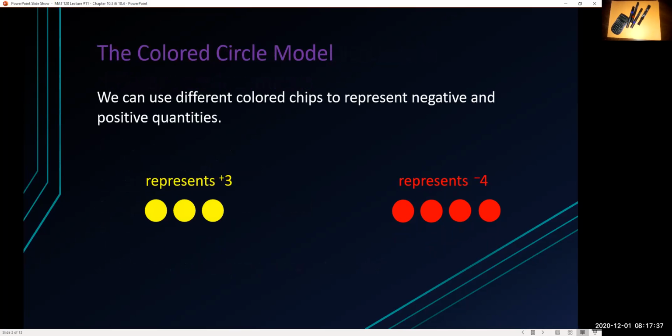Now, in the same conversation we're having here, let's discuss that you can do this with blocks that have letters and blocks that have numbers. You could do this with Play-Doh that's purple and Play-Doh that's white. You could do this with yellow markers and red markers. You could do this with crayons. You could do this with candy. You could do this with all different kinds of things. And you can tell the students that every day when we study integers, you're going to pick a new thing for pluses and a new thing for minuses. Okay, well, this time it's going to be